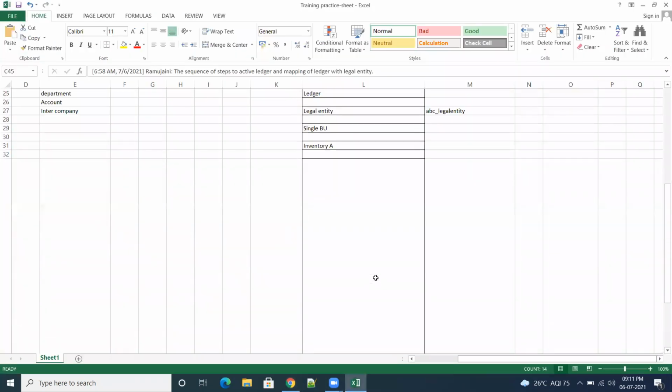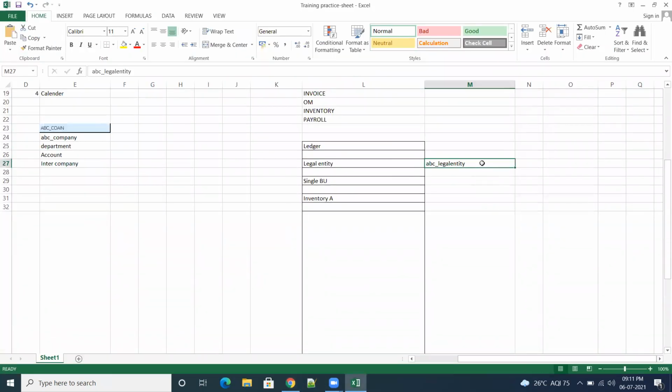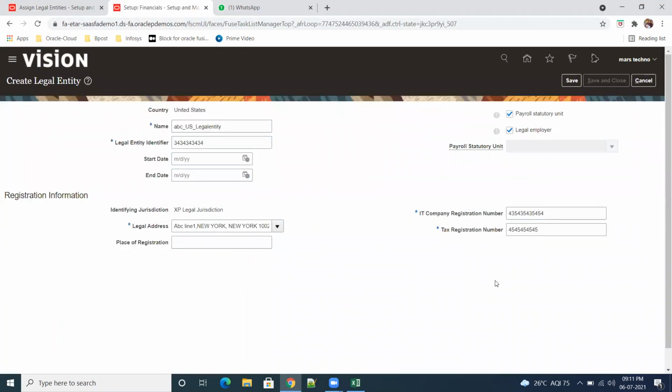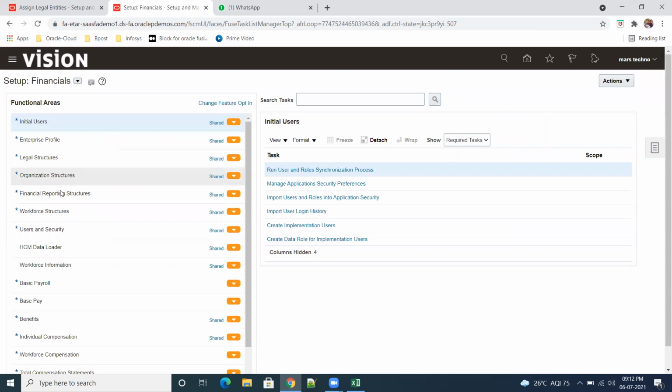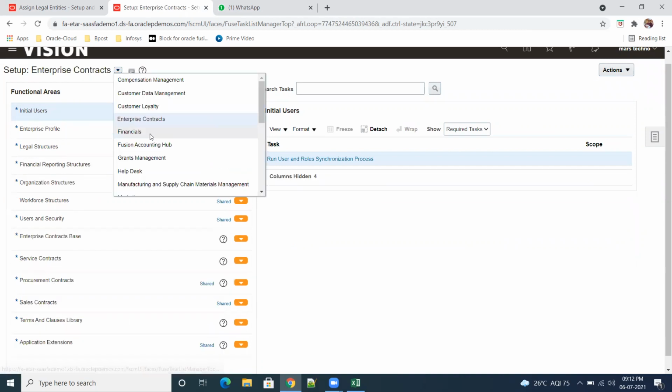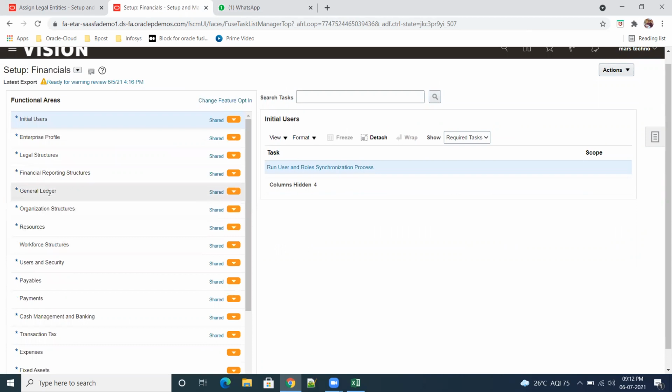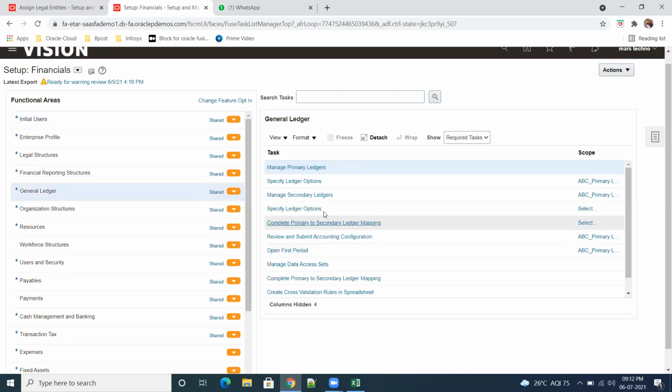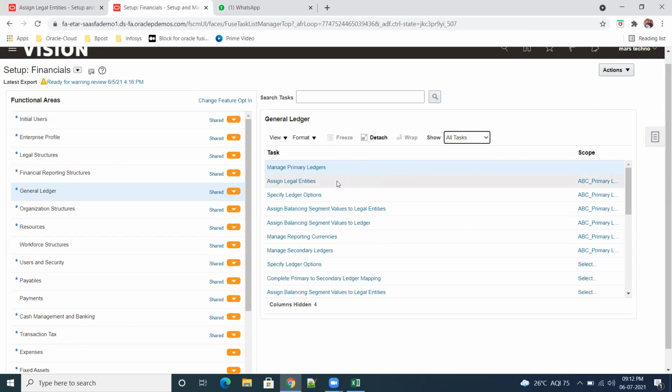Open here, legal entity. Okay. So now go back to Financials again. Go to general ledger. Required all tasks. So assign legal entities.